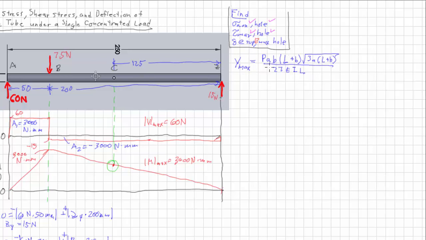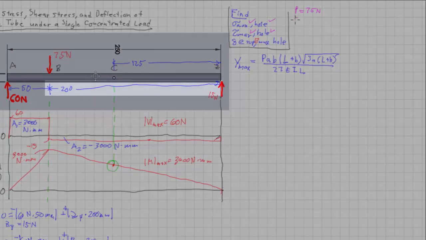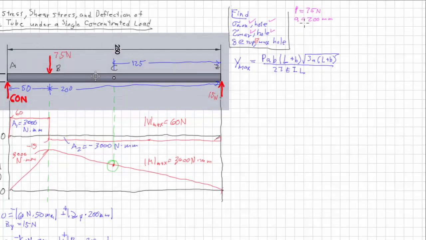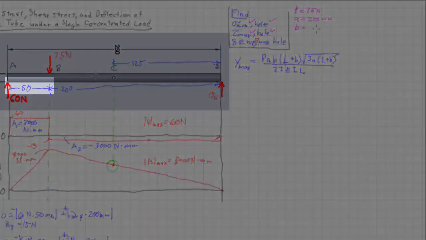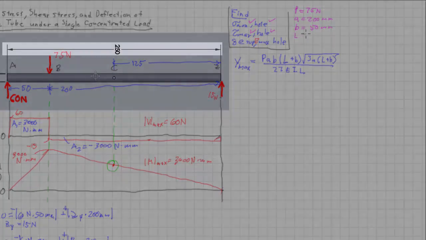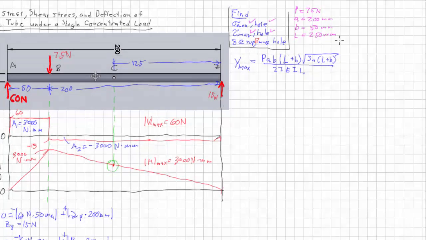What I find is very, very helpful is to simply start making a list of everything. So I say P is 75 newtons, A equals 200 millimeters, B is the other side of that, it's 50 millimeters, L is the total length of 250 millimeters. E, well, we never looked that up, so